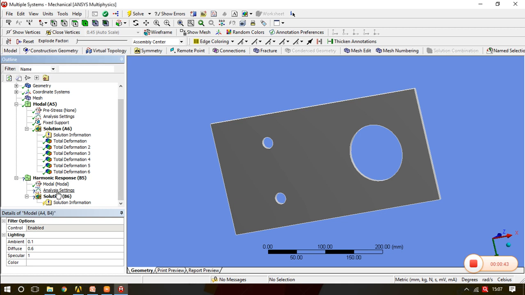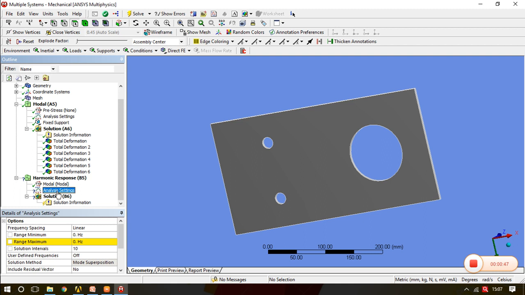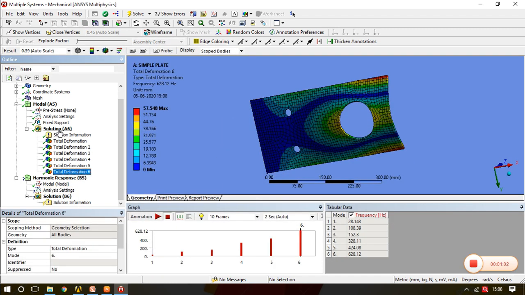Now in the harmonic response we have to give some analysis settings, and in the analysis settings first we'll see the frequency spacing. We are doing it linear, so it is asking for which range you want your particular frequency response analysis. So it is quite easy for us. Now go to the modal solution and see the maximum frequency here.